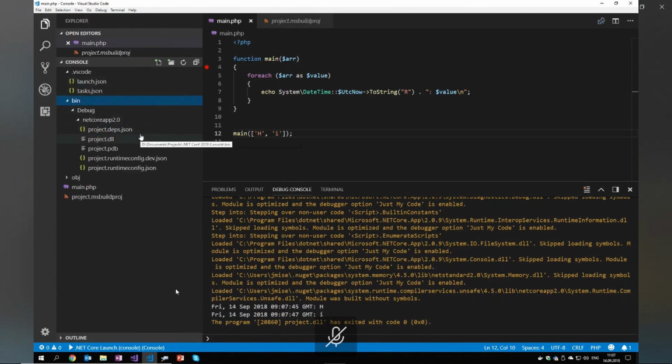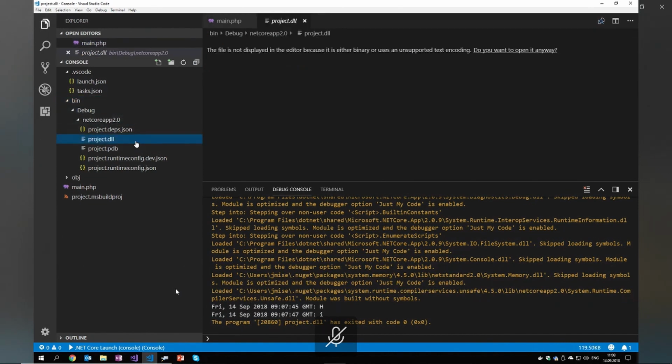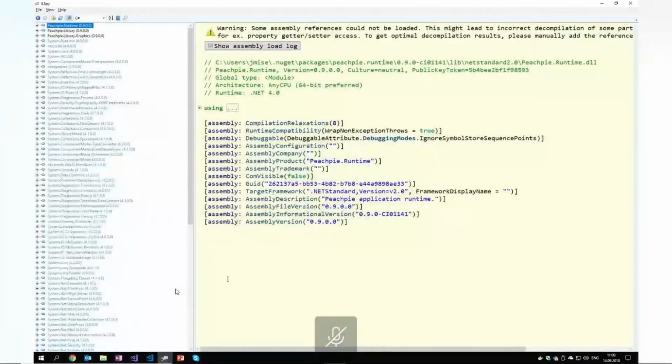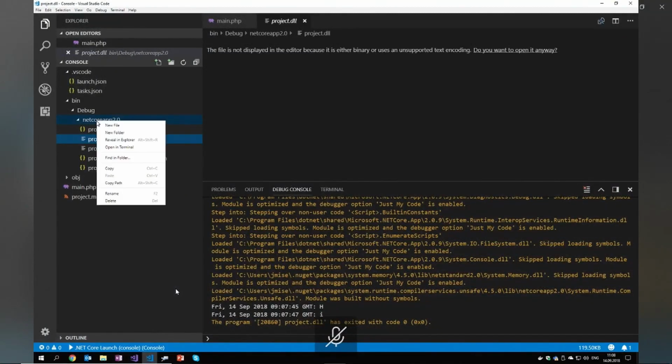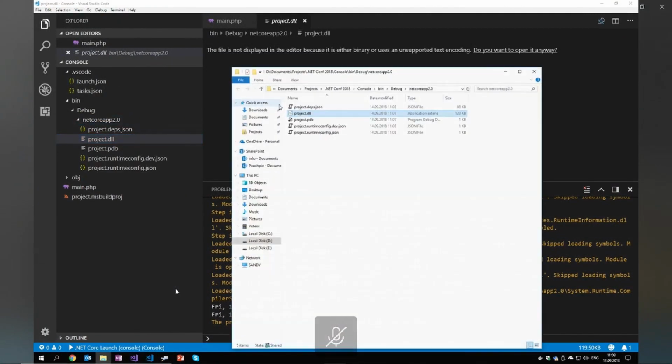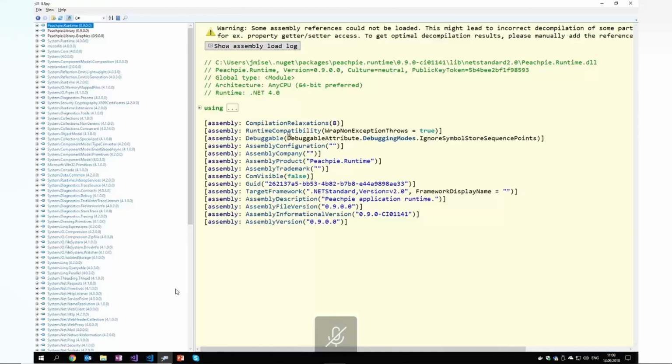So what's the result of this compilation? As you are used to from any other C# project, there is the bin folder with debug and netcore app, and there is a DLL file and PDB file for debugging features, and we can look at the DLL file using some decompiler like ILSpy, for example. So if we open the DLL file in ILSpy like this,